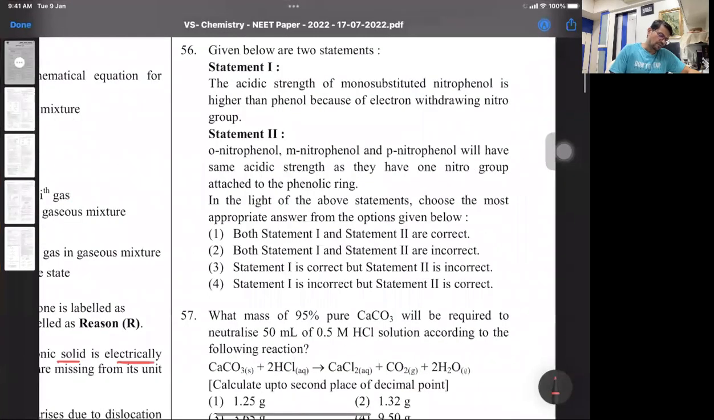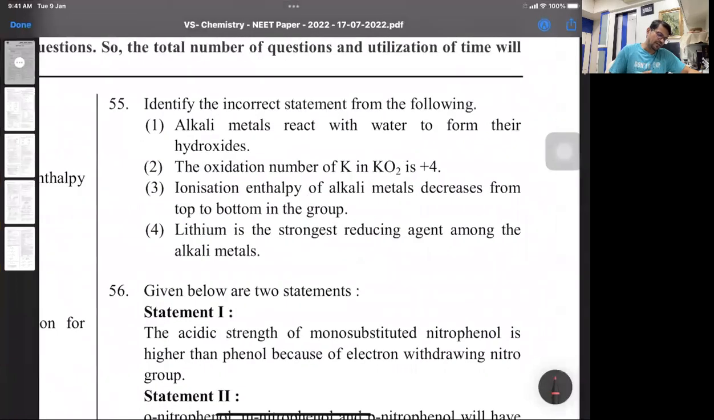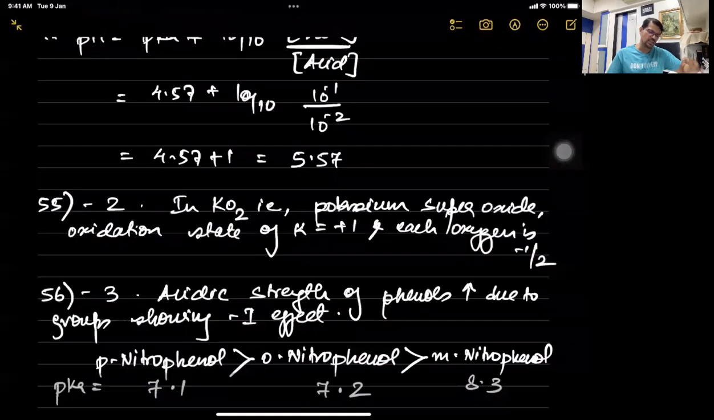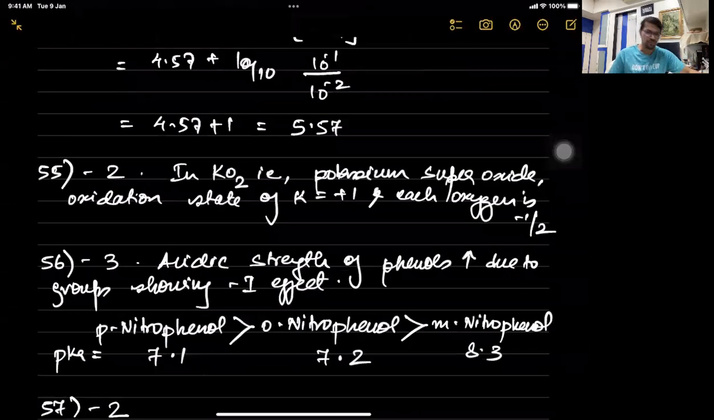Then 55th one, again, it says identify the incorrect statement. Here the incorrect statement is the second one, where it says the oxidation state of potassium in KO2 is +4. That's wrong. KO2 is potassium superoxide, which is used in the submarines, all right, to liberate oxygen gas. Here, in the superoxide, each oxygen is in oxidation state of -½ and potassium being an alkali metal of group 1, its oxidation state is +1. So that's the incorrect part. So 55, that answer is 2 over there. Sorry. 56,